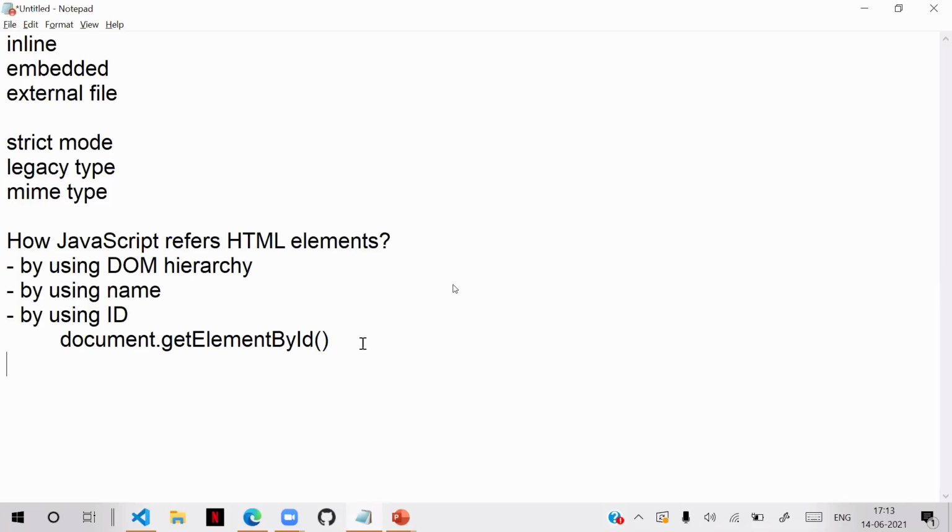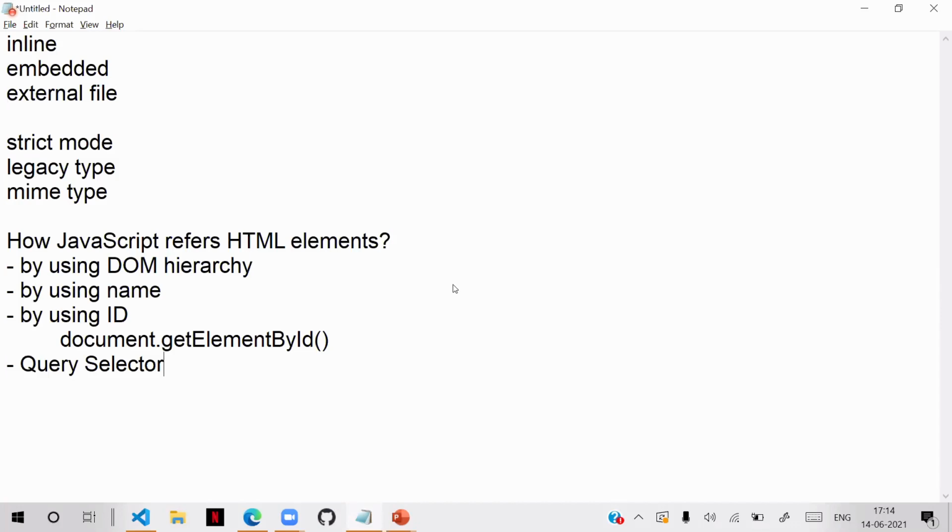Now, actually, we have another option, which is query selector. We can use query selector.